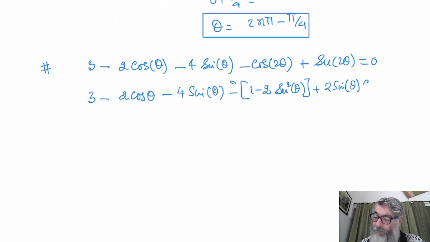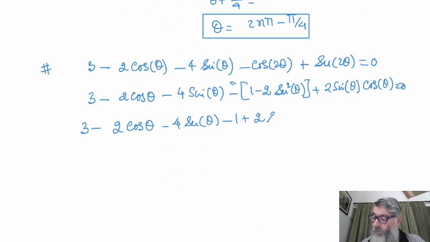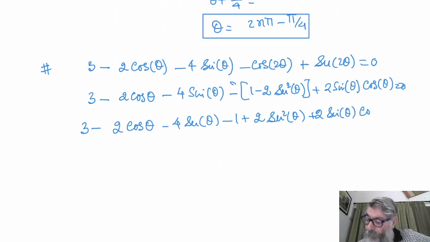Let's open the bracket. 3 minus 2 cos theta minus 4 sin theta minus 1 plus 2 sin square theta plus 2 sin theta cos theta is equal to 0. Now this 3 minus 1 will become 2. 2 minus 2 cos theta minus